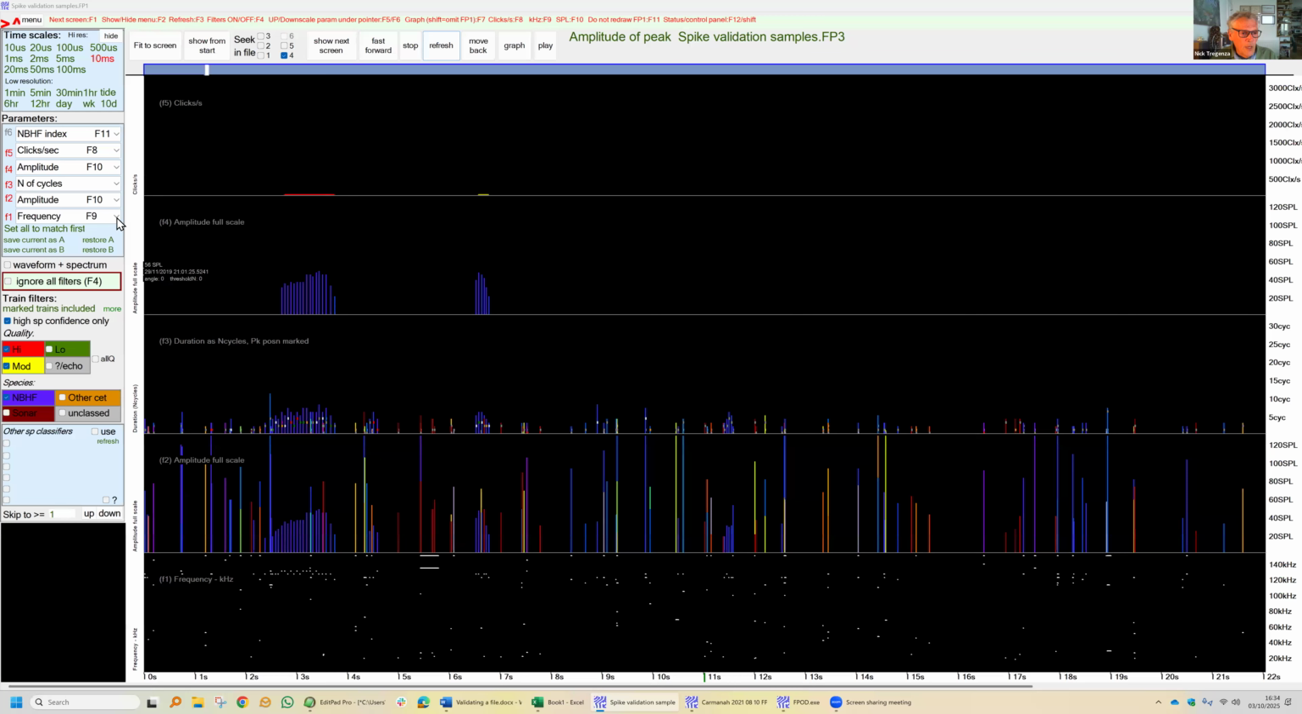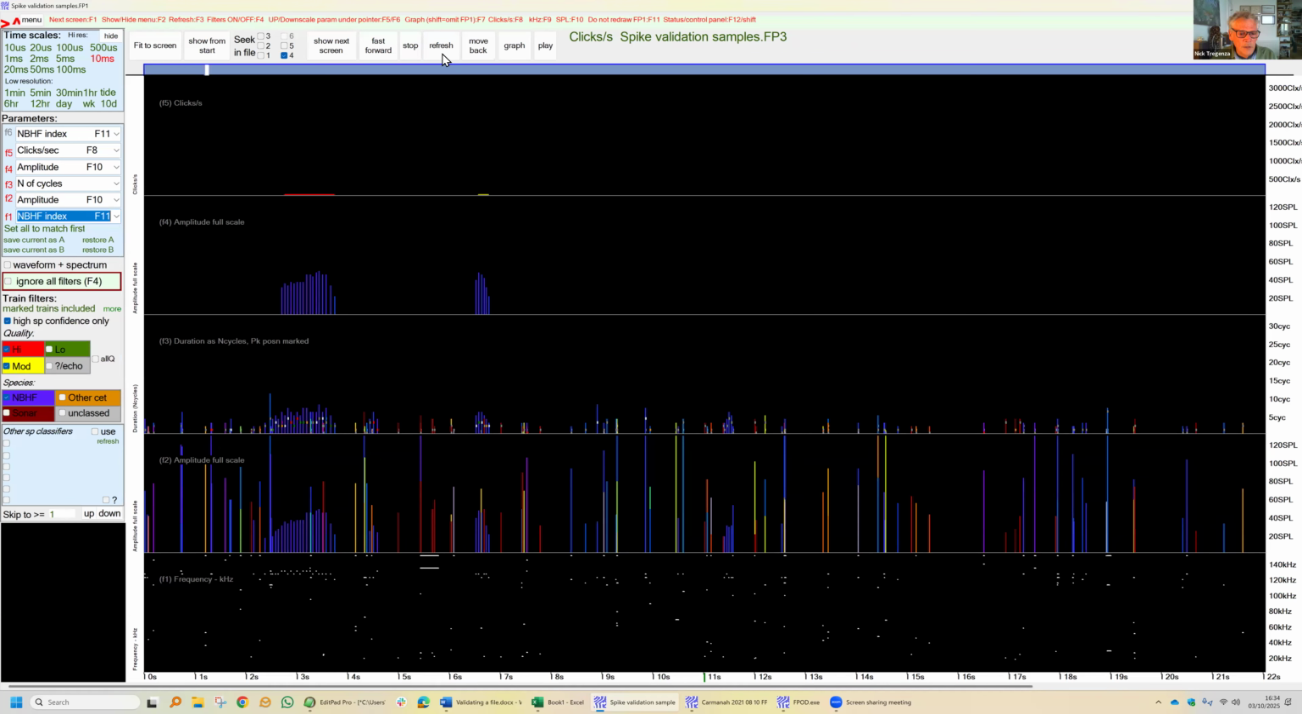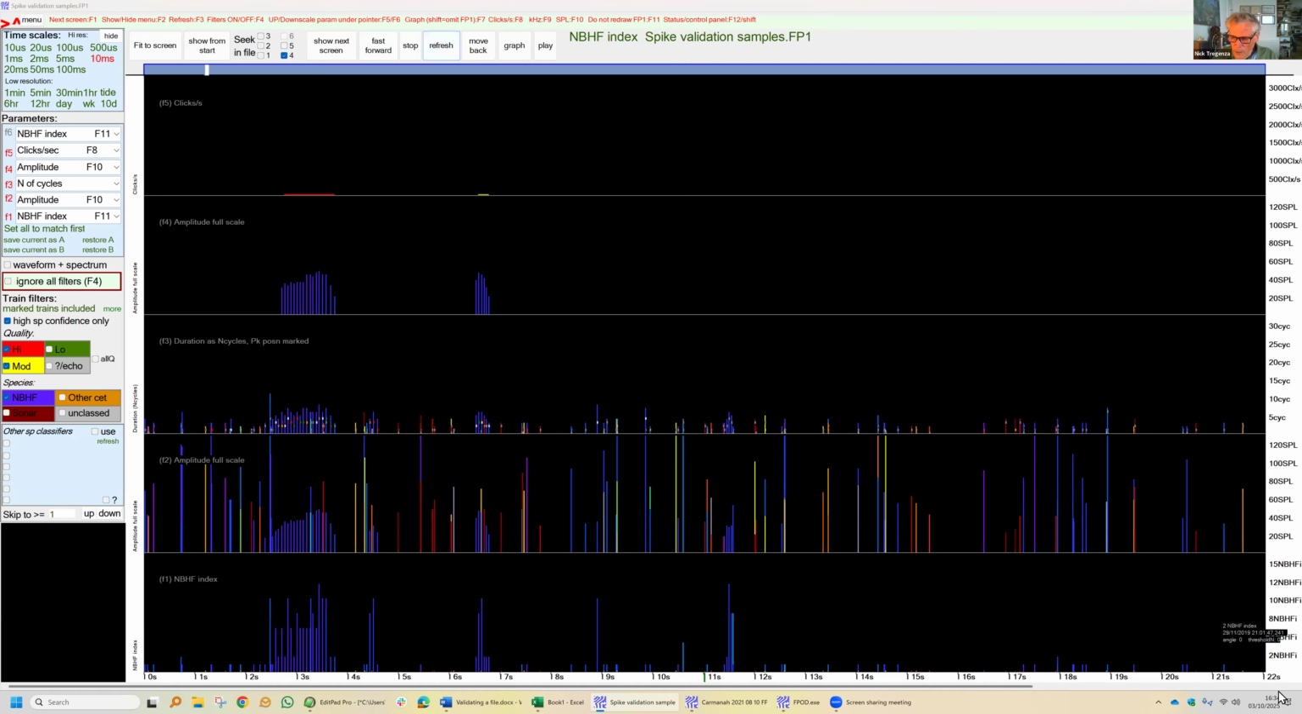And down here we could look at this thing, the narrowband high frequency index. That goes from 0 to about 15. Values above 3 are really strongly suggestive of porpoises. So this is getting high scores. At this point, I would zoom out